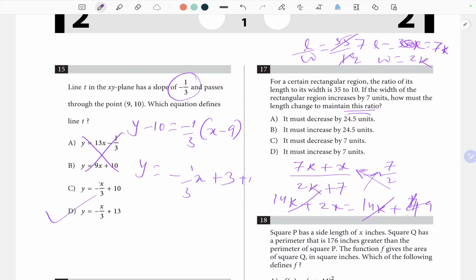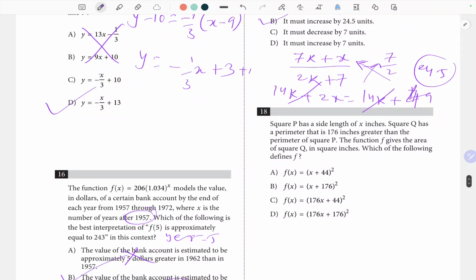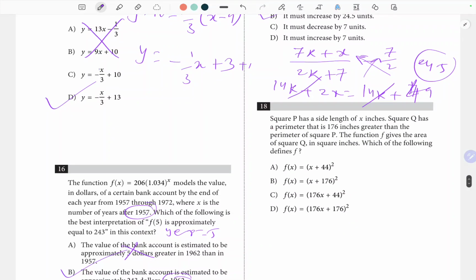X is 49 over 2, which is 24.5, and x we got positive, so it must increase by 24.5 units. Here we had to solve a little bit. Square P has the side length x inches. The square Q has a perimeter that is 176 inches greater than the perimeter of P, so this is 4x, and the function f